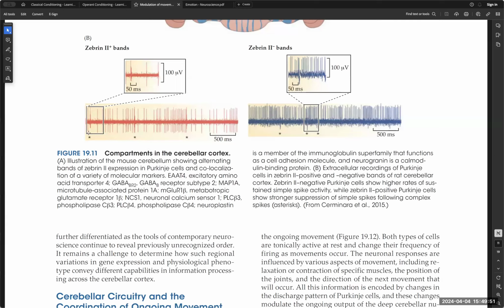Okay, that's the idea. Like we saw that D1 is the direct pathway and D2 is the indirect pathway. Apparently Zebrin 2 plus is more responsive to the climbing fiber, and Zebrin 2 minus neurons are more responsive to the granule cells from the cerebellar cortex. As simple as that. Okay? And accordingly we have a functional aspect of the activation. I hope this is clear. All right, so